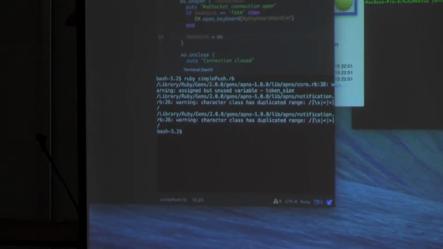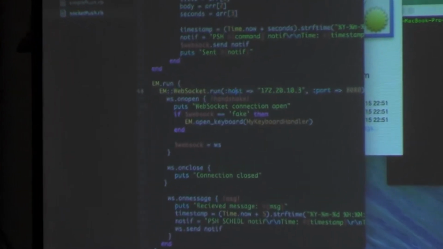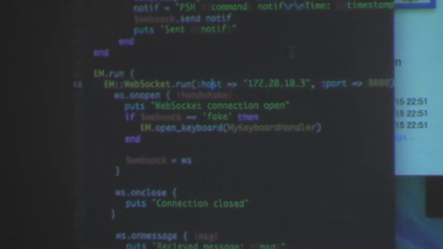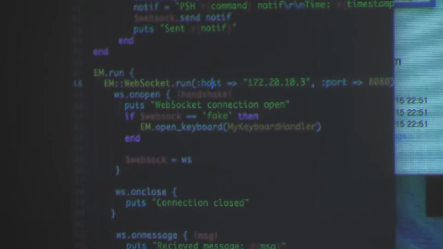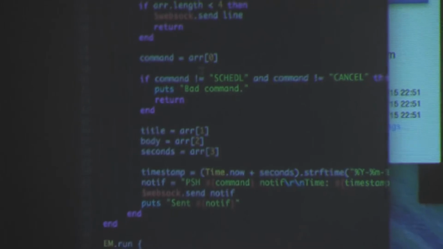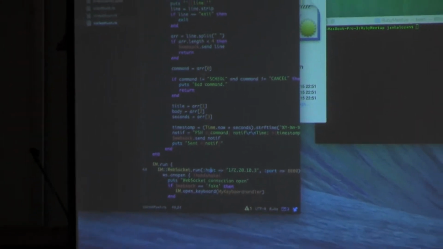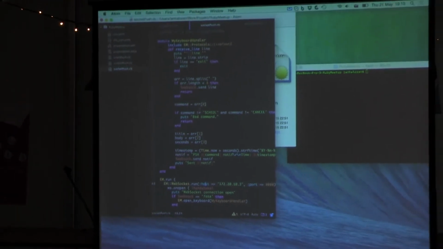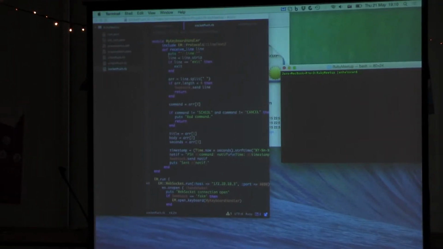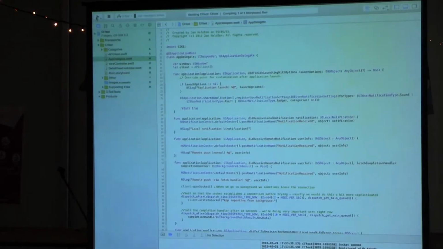So I have another script here, which is a very simple Ruby WebSocket server, and as soon as a connection gets open, it just listens for stuff from the keyboard, and we can schedule notifications from my Mac. So if I run this,